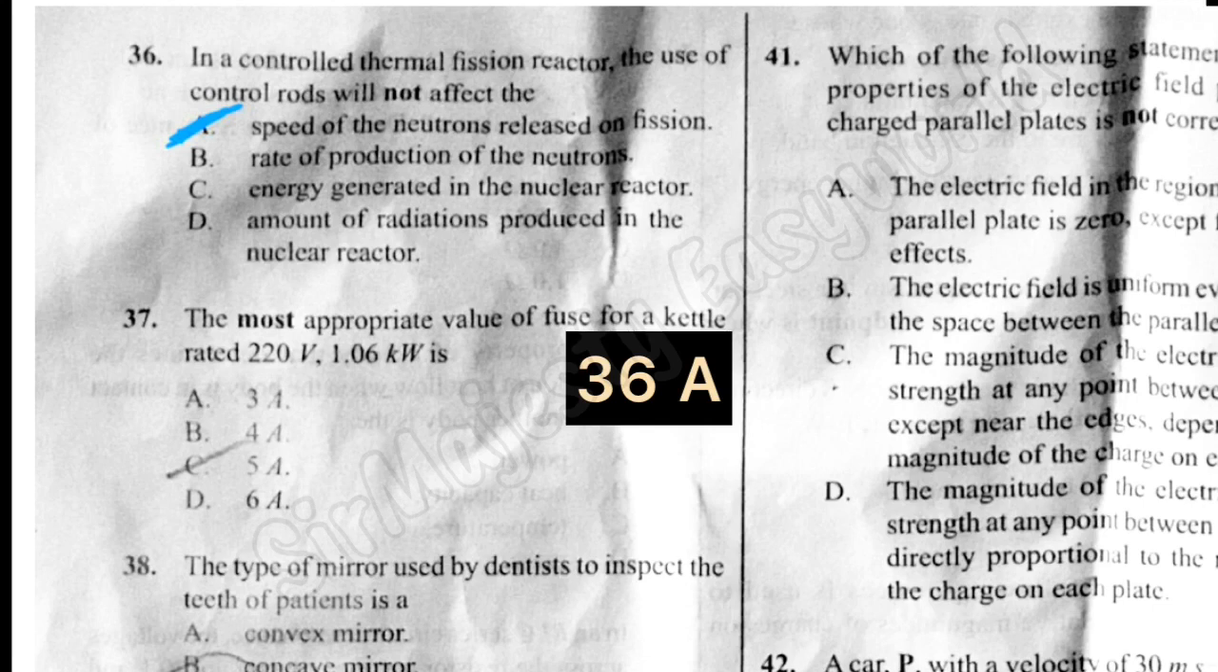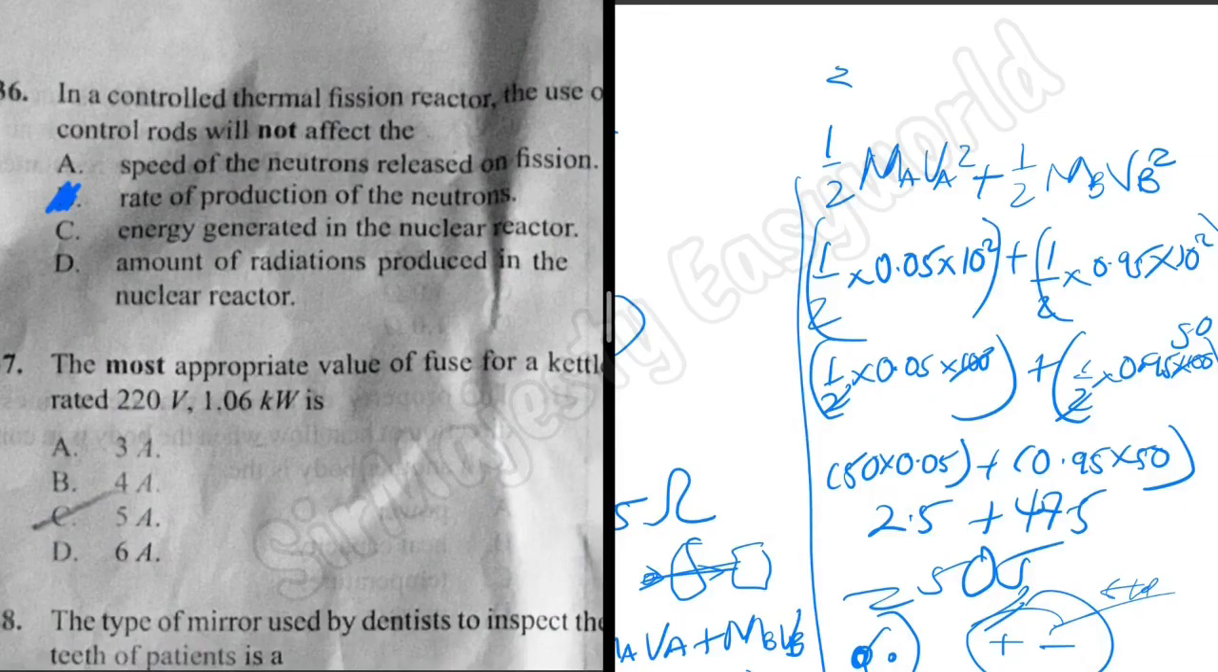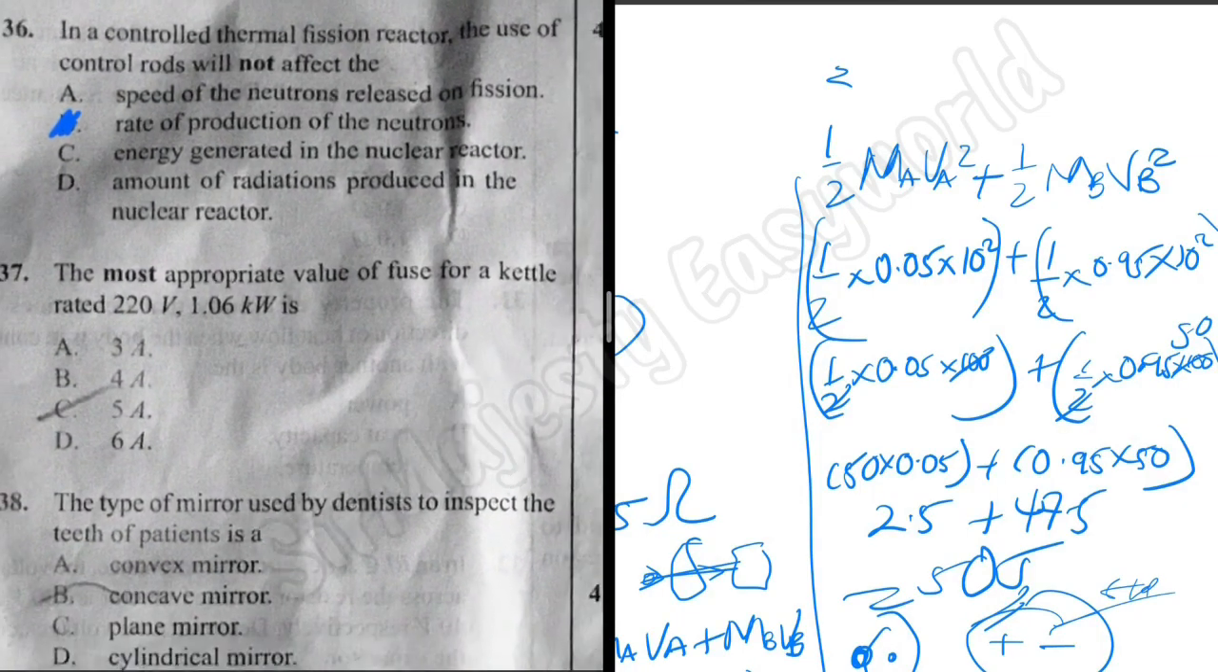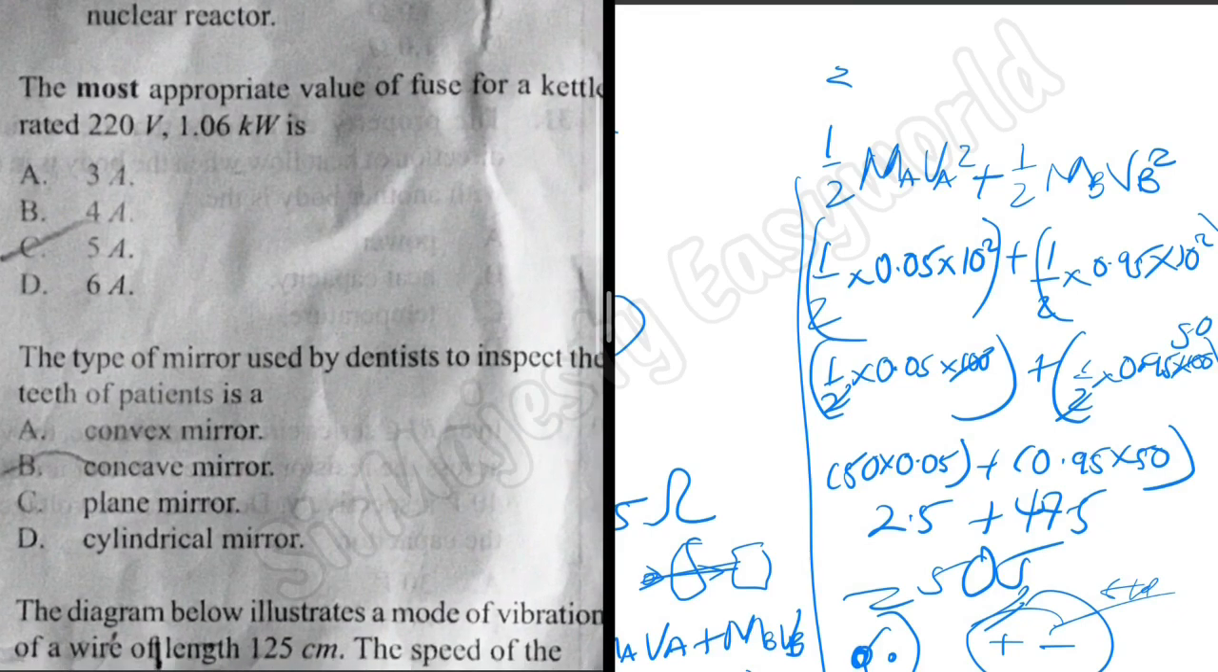So the correct answer is A. Control rods does other options except option A. Thank you. So the next question is, the most appropriate value of fuse for a kettle rated 220 volts